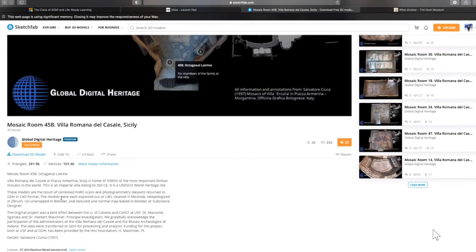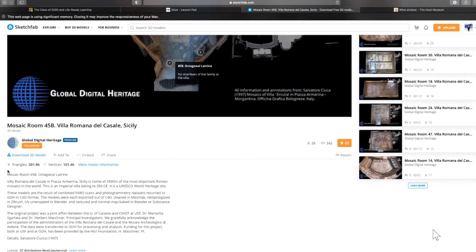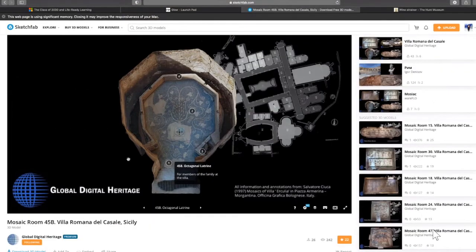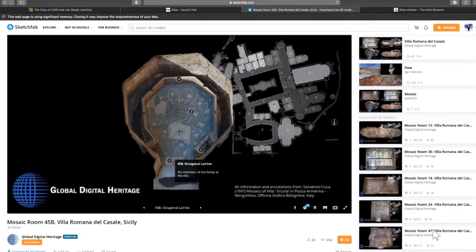Really, really useful. For more senior pupils, for secondary, if you want to know about how the model is created and the mesh points on it, you can see all the information here. And as I said, more information on the model is also available for most of them. So all of these are free, the ones that we're showing you. Most of them can be downloaded. If they can't be downloaded, we're showing you how you can use them to build up your learners' understanding of people within the past. And we're then importing them